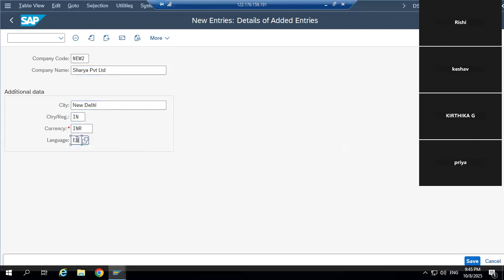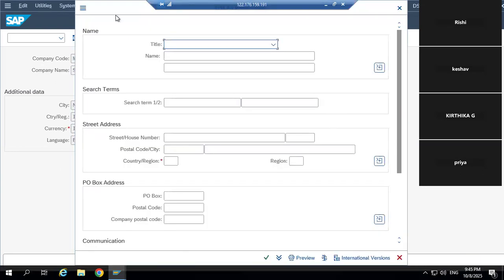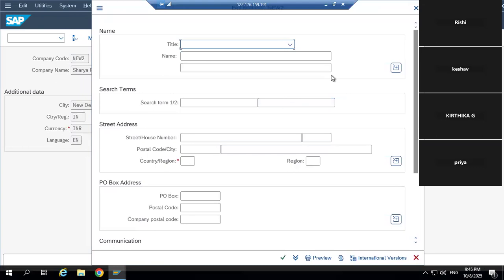Okay. After filling in these details, you have to press Control S. When you press Control S, what will happen? This screen will open. It means while creating the company code, you have to put additional details in it. Okay, it's very easy details. Some normal general details, but additional details. So title is